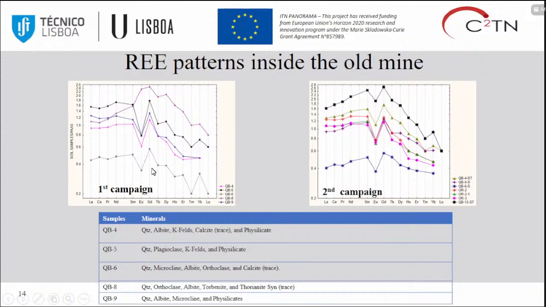QV6 is the lowest one. We have some problems with the technique. For this reason you can see these patterns, but here you can see exactly the same. QV13 is close to QV8 and follows similar patterns and the higher rare element concentration. And the other samples are the big group with the normal minerals, similar to the second subgroup from the waste rock, and QV6 has exactly the same lower rare element concentration.